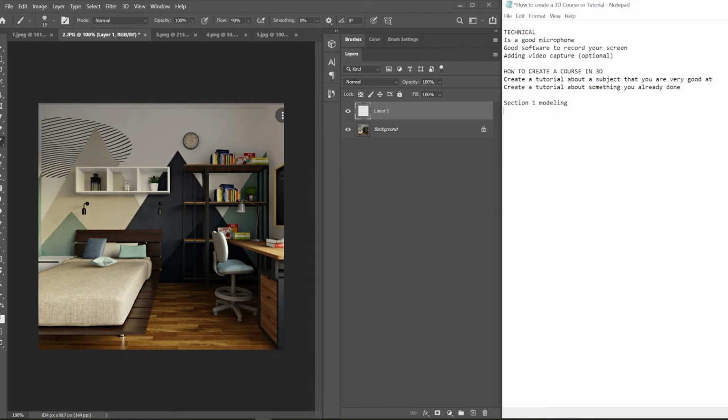Let's say, for example, creating the walls and floor. Then what would be more logical that you create? Let's say, for example, creating the bed, creating the chair, creating the desk, and so on. Then you move to section 2, UV unwrapping,